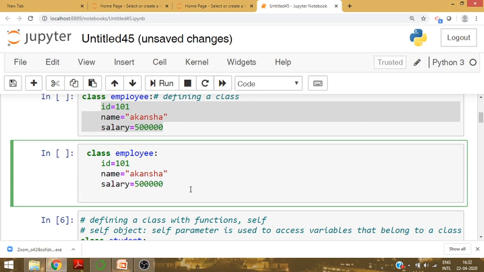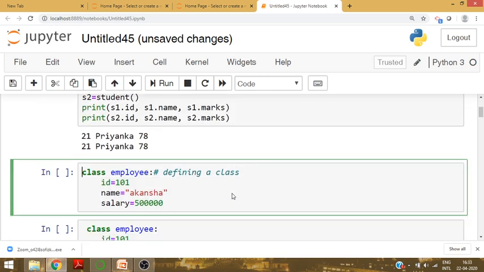Now the class is defined. Now we want to access the data members. We can access them by using an object. Now how to create an object? Just write down the object name. Suppose my object name is E1. E1 means employee 1. Object name equal to class name. What is the name of the class? Employee.